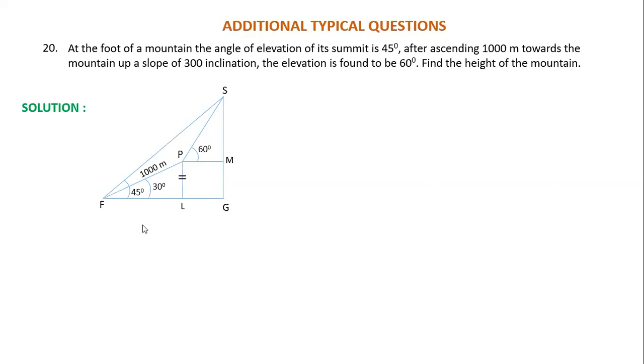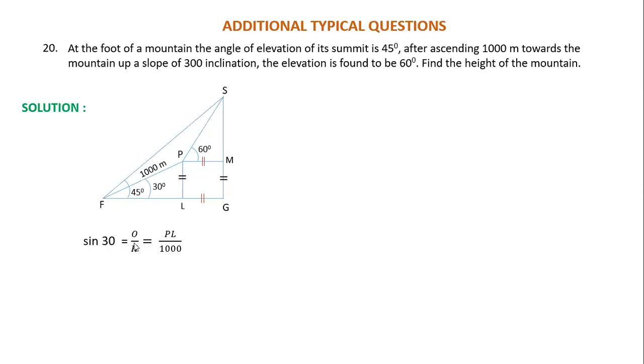Now, this should be equal to this. And this should be equal to this. Clear? Because this is parallel to this. So these two opposite sides must be equal. Distance between parallel sides are equal. And this is parallel to this. Therefore, these two should be equal. And this is parallel to this. Therefore, these two are equal. And these two are parallel. Therefore, these two are equal. Now let us take